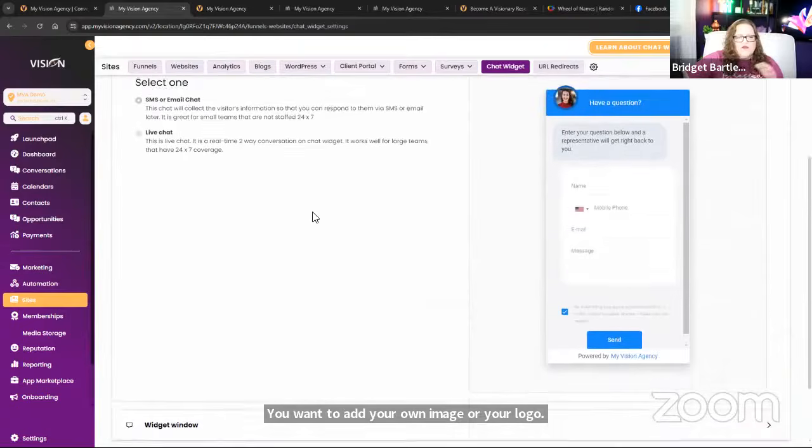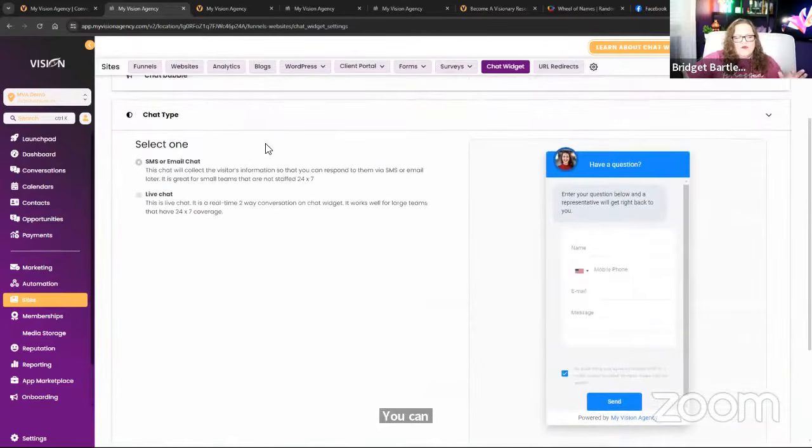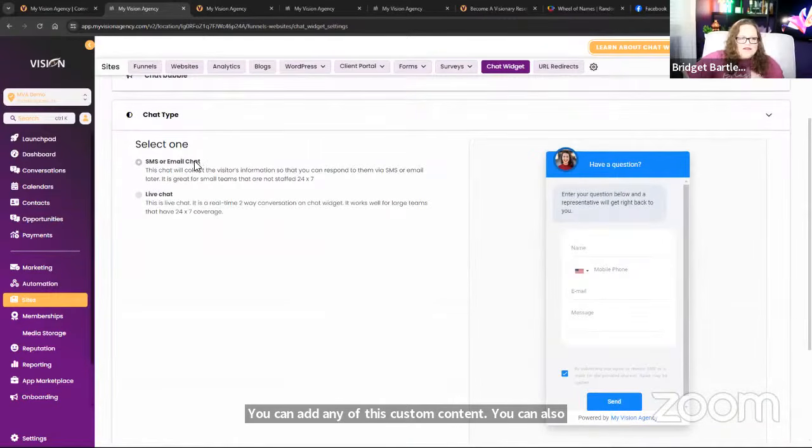You can also choose, do you want this chat widget to respond via text or email, or do you like the live chat option? So within HighLevel, we have AI, and we can have the AI trained to know everything about our website by entering in the data and the settings. I'll go over that on another day, but we definitely do have lots of training about training the AI bot. But you can choose the live chat if you want to use the AI bot, and if not, of course,